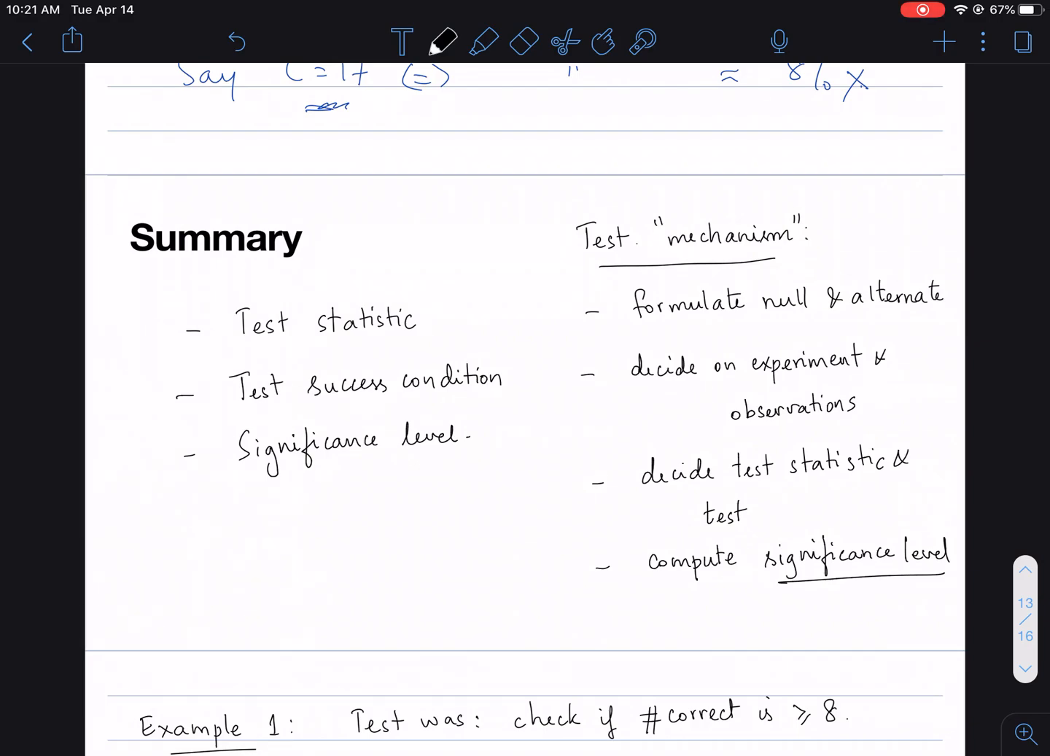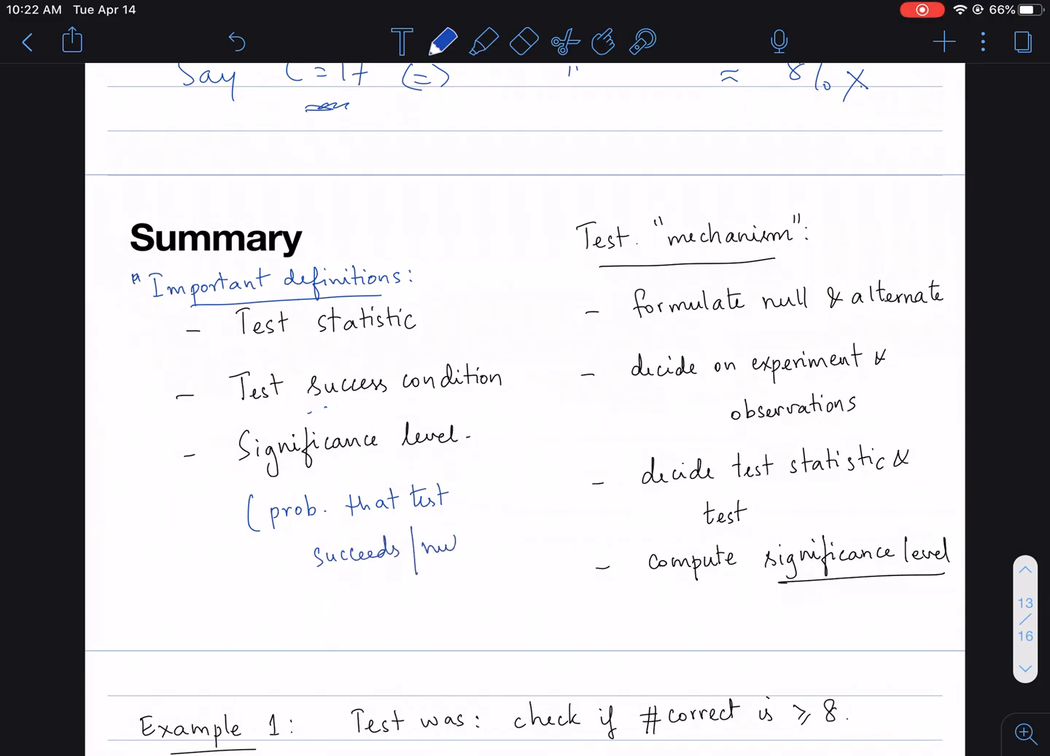Okay. So here are the main concepts that we've seen, and we are thinking of important definitions when it comes to hypothesis testing. So one is this notion of a test statistic, which is the thing that you actually measure about your experiment. And then there is this notion of a success condition, and there is this whole notion of a significance level, which we defined as the probability that the test succeeds